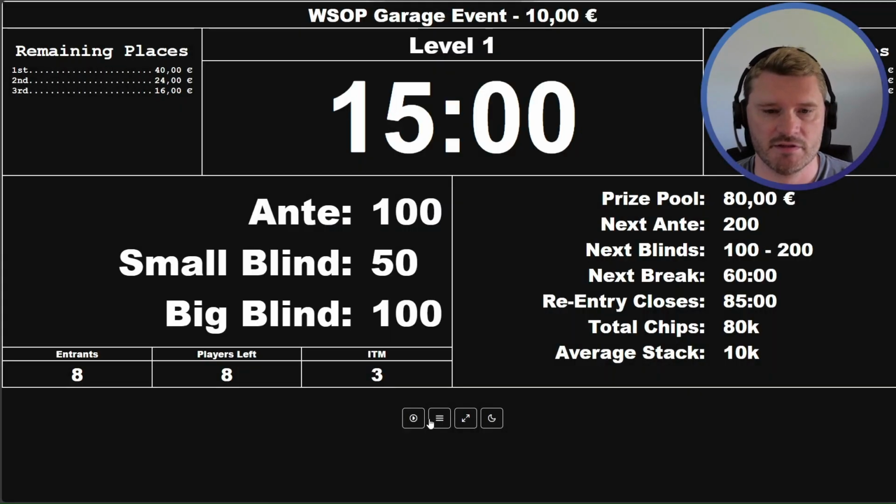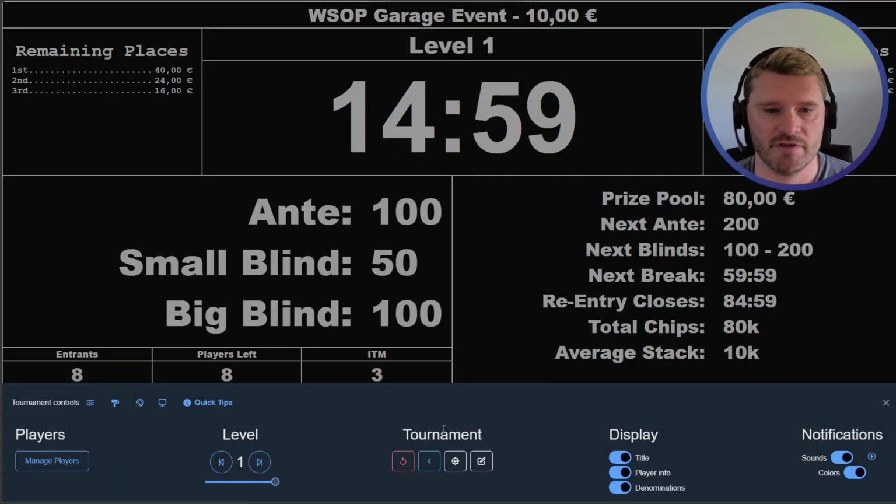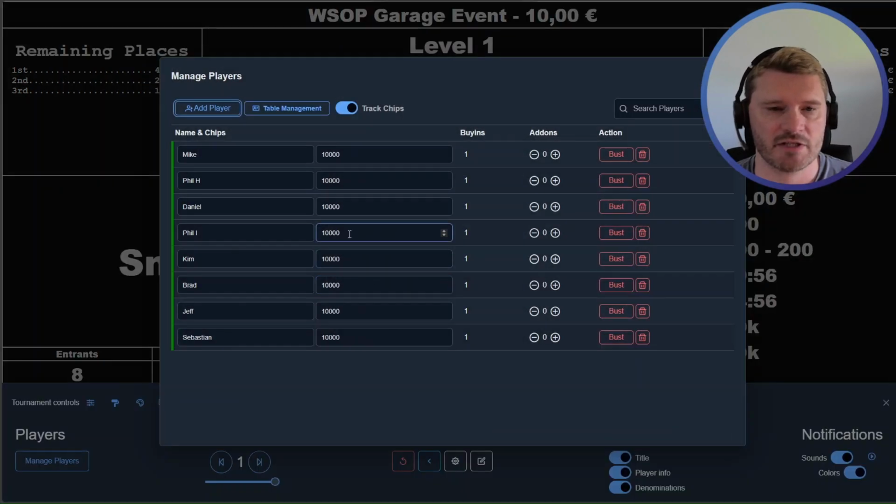but let's just assume here that the tournament has begun and we have some action here. Maybe Phil here lost 5,000 chips and they are now property of Kim, so she has 15,000. And you can of course go ahead and update this as often as you like or as you can. Everything else will be recalculated instantly by UHT. So even if you enter a number here that is not correct,